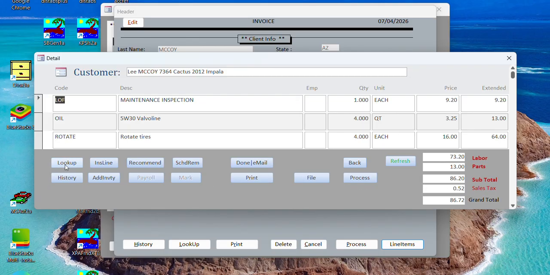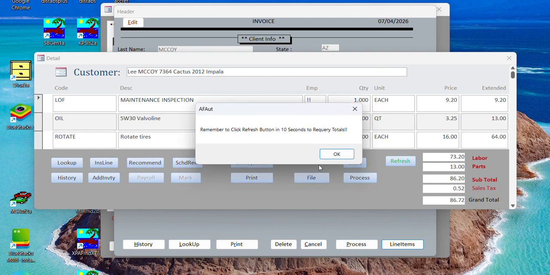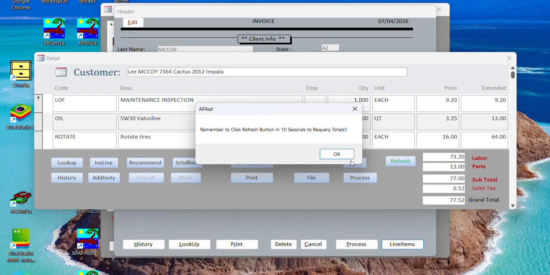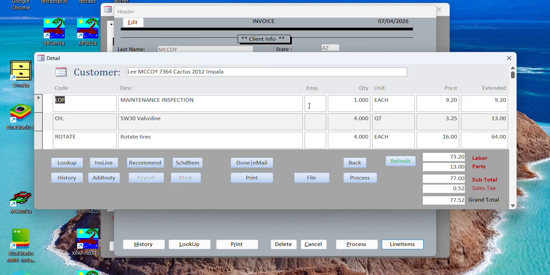Here we can look that up. We can look up history. We can insert a line. We can add inventory. We can recommend. Recommend work. And you see it's recommended. And if we recommend again, it